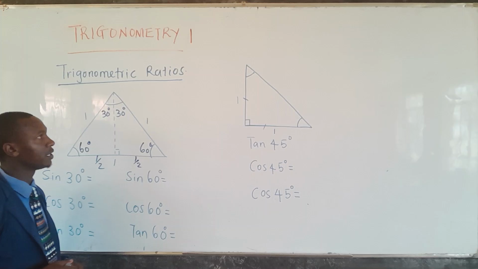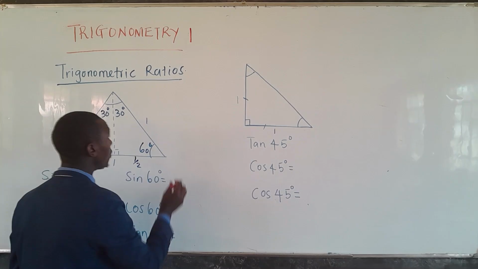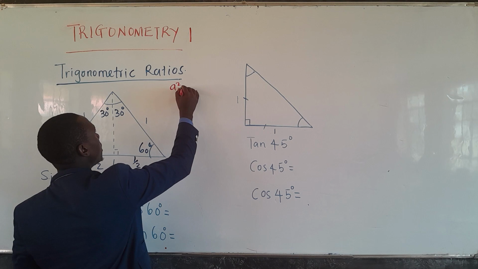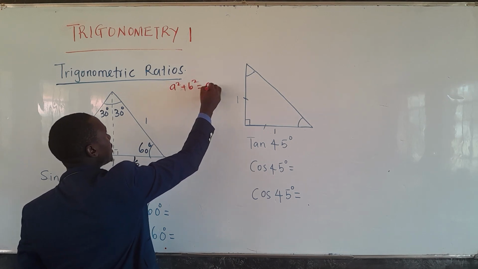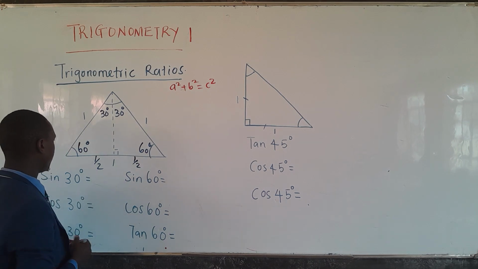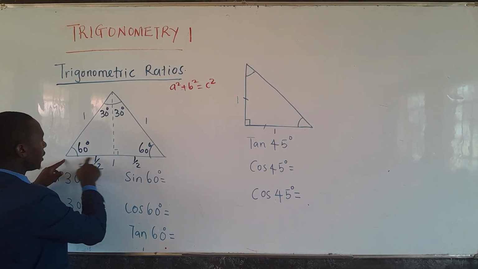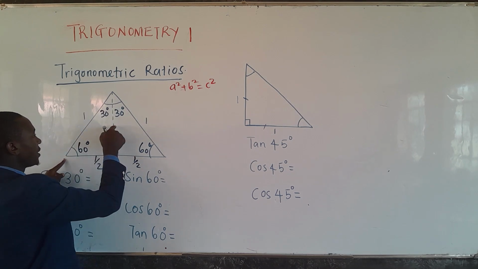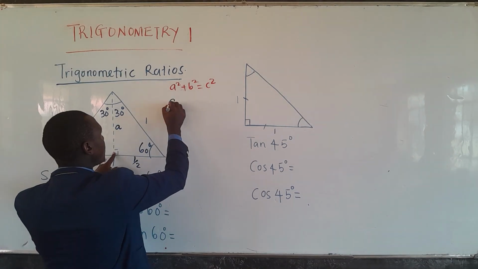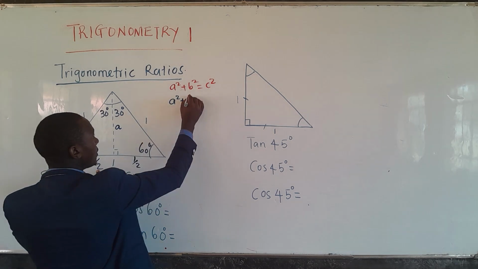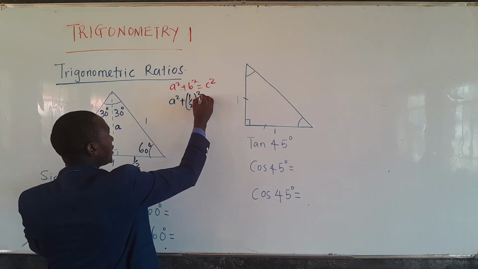And of course, it's important that we know the Pythagoras theorem, which says that if you take a squared plus b squared, you should get c squared. So we can use this to find the height here. If you take this side to be the a, the b, and the c, then you can call this side the a. So you take a squared and add that to half squared, you should get c squared,